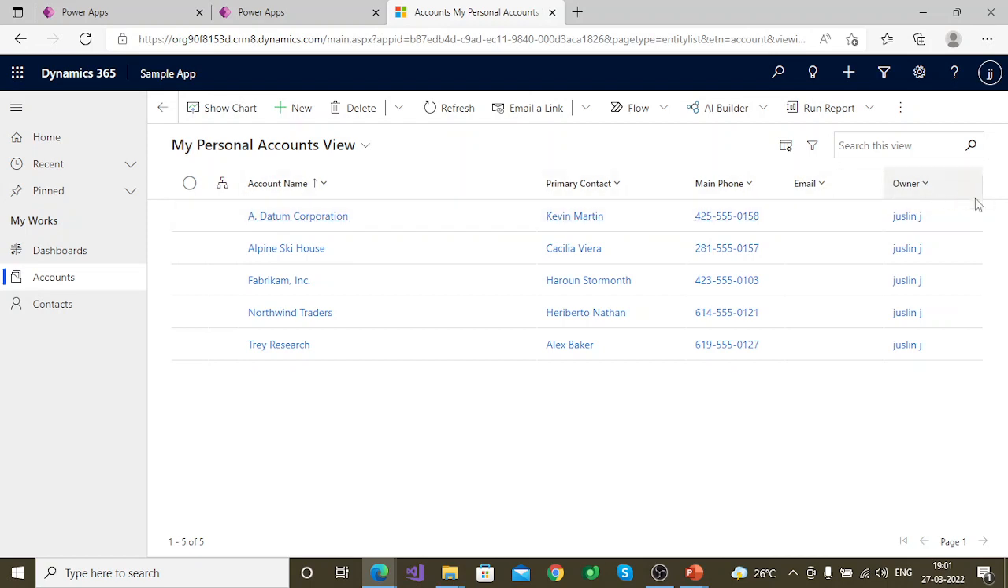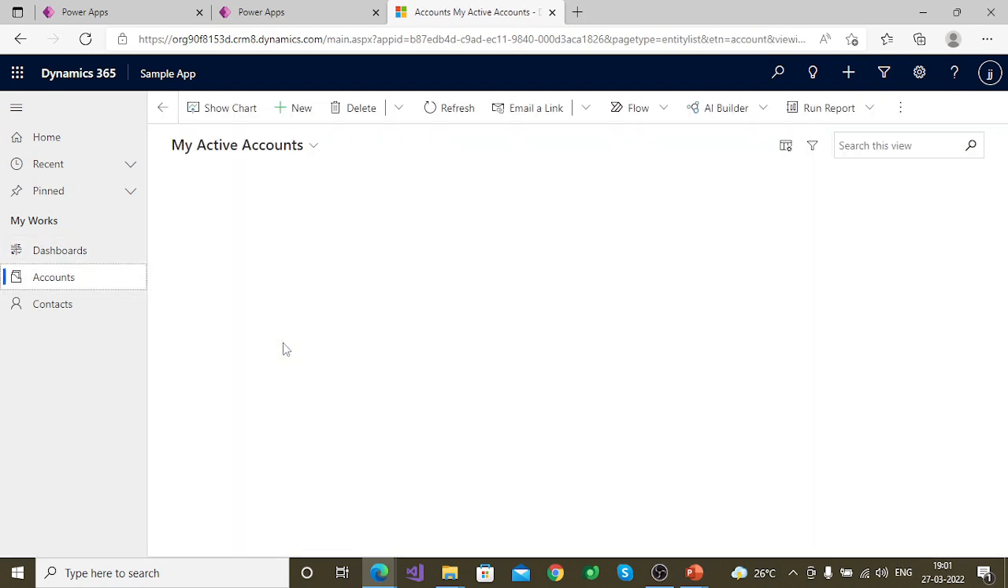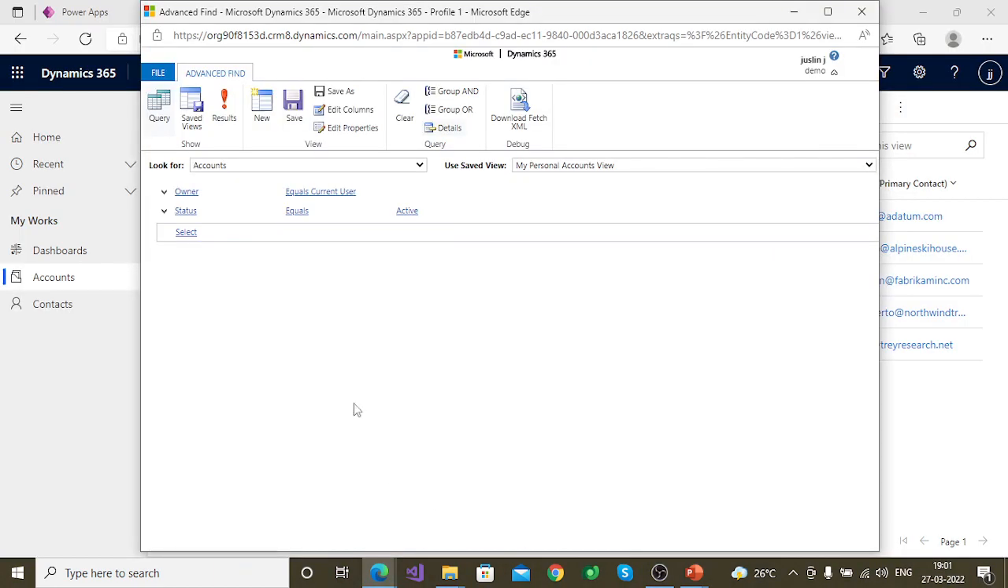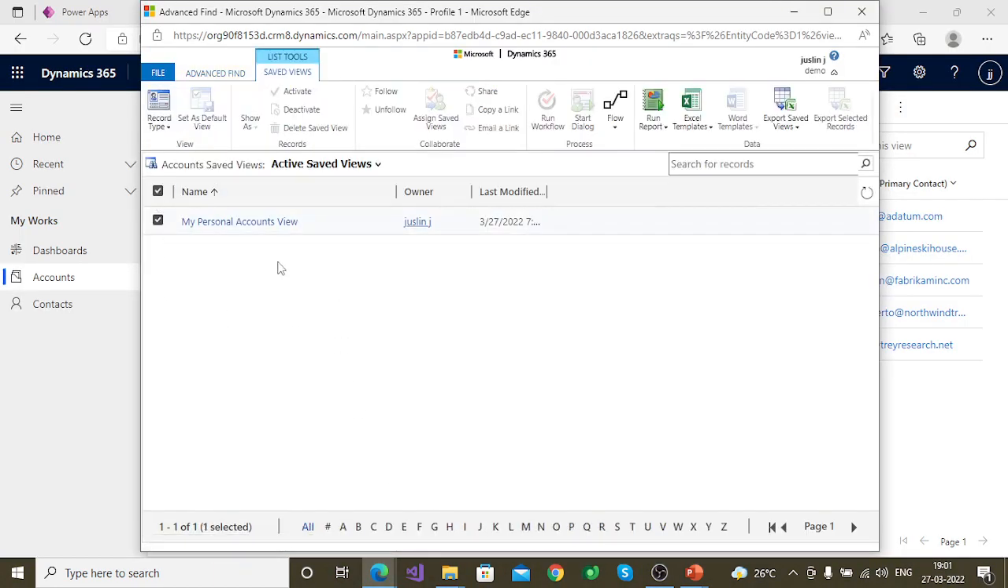I'll show you how you can share it to other users. Right now this view is only visible by me. If other users want to access it, I need to share that particular personal view. So I go to advanced find again, click on the saved view, select the saved view. There is an option for sharing. If you click on this share button,